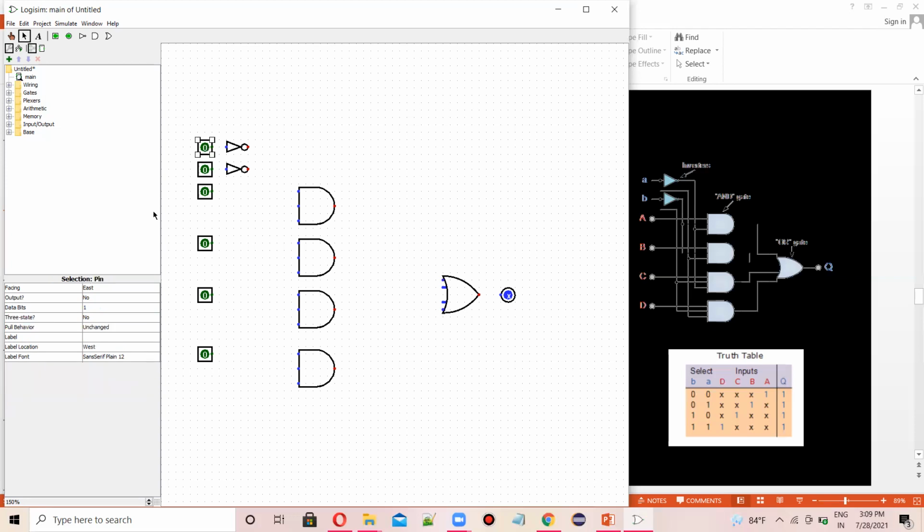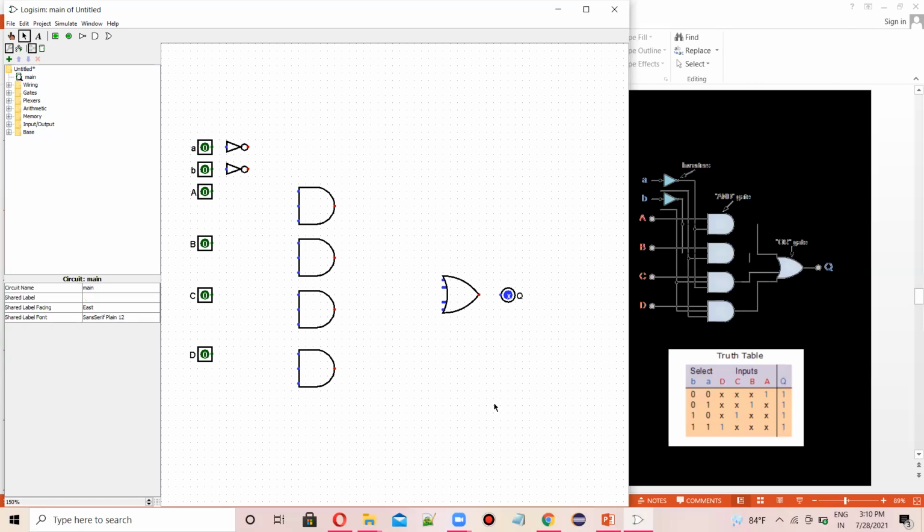And now let's label this as small a, this as small b, and here this one as capital A, this one capital B, this one capital C, this one capital D, and this output as Q.